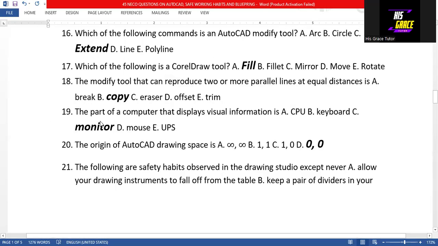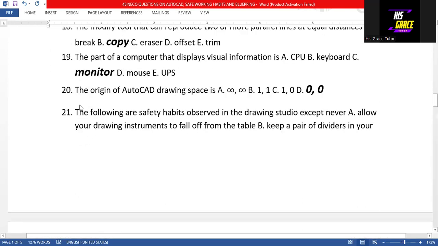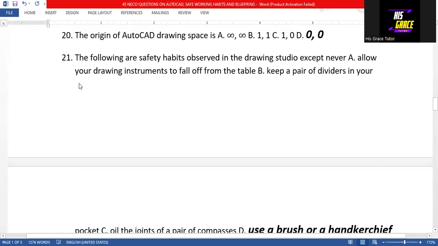Then question 19, the part of the computer that displays visual information is a monitor. So we all know that. Then question 20, the origin of AutoCAD drawing space is 0, 0, as you can see it there. Then question 21